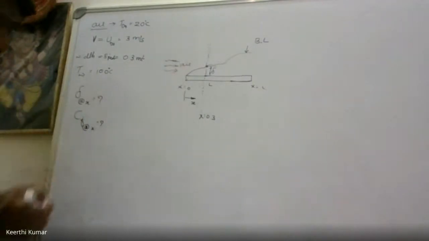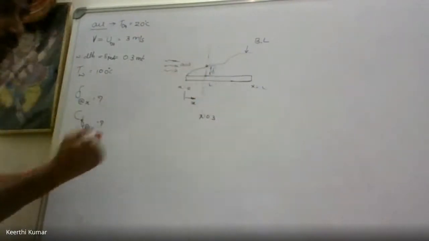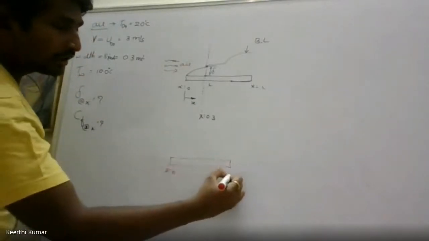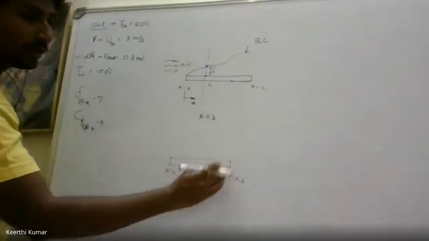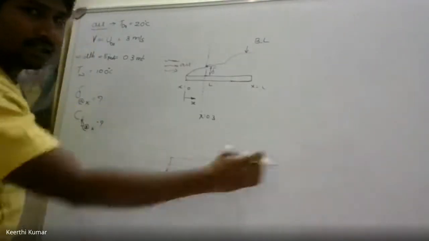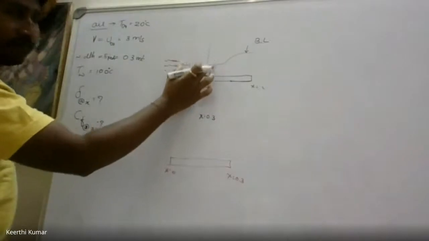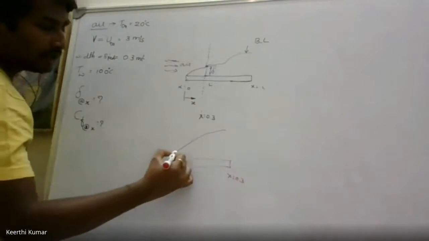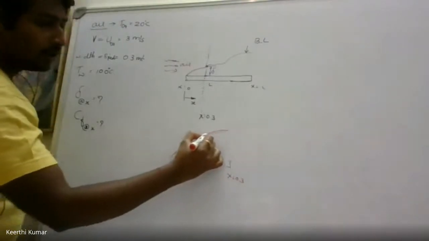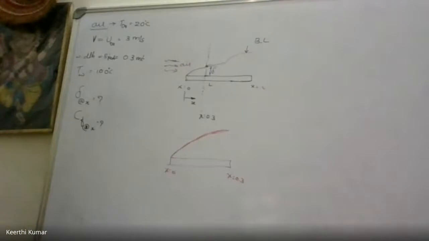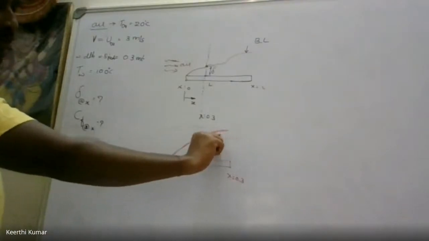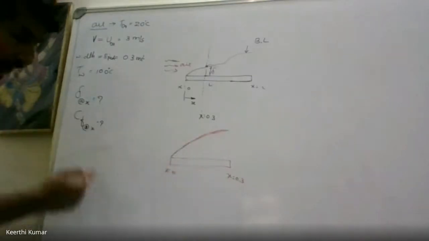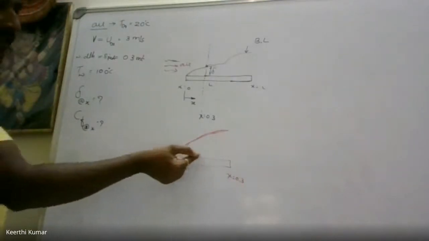So if I enlarge only that view, if I enlarge only this portion, what will happen? Check out. If this is the plate, this is x is equal to 0, and here x is equal to 0.3. Assume that still the plate is there till the L. I'm enlarging this view. This is called boundary layer. Till x, it is a boundary layer I drew. Here delta x is different, here delta x is different. That means the boundary layer thickness is different. Similarly, the friction coefficient everywhere is different.